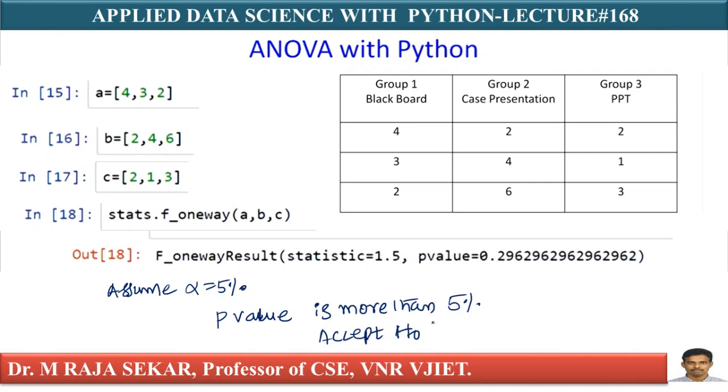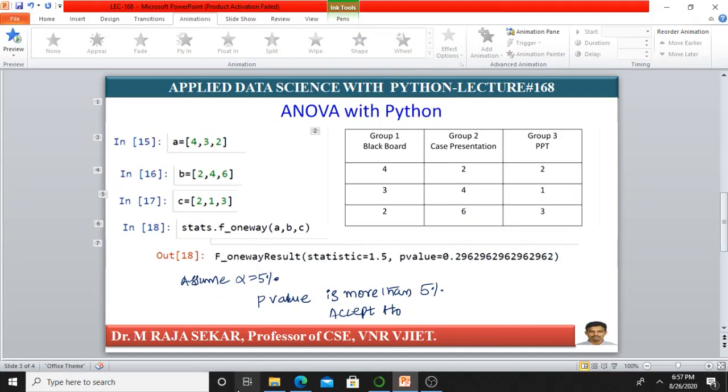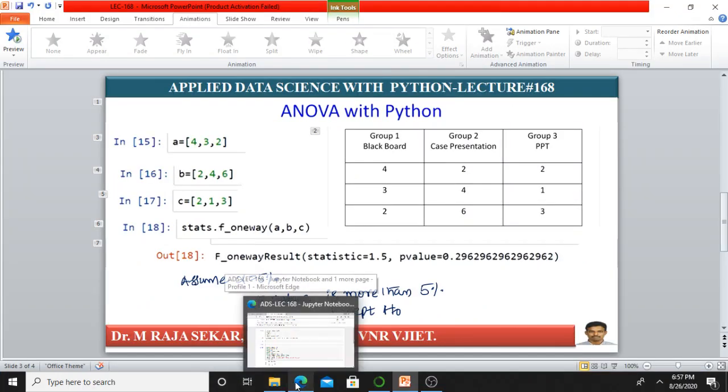That's what our previous results also say in the previous lecture. I request you to refer to my previous lecture. There we formed the null hypothesis. There also we manually solved this problem. In that lecture also the end result is the same. In that class also we were saying to accept null hypothesis. We formulated what is null hypothesis and what is alternative hypothesis in my previous lecture, that is lecture number 167. Just refer to that lecture. You can understand what is null hypothesis and what is alternative hypothesis.